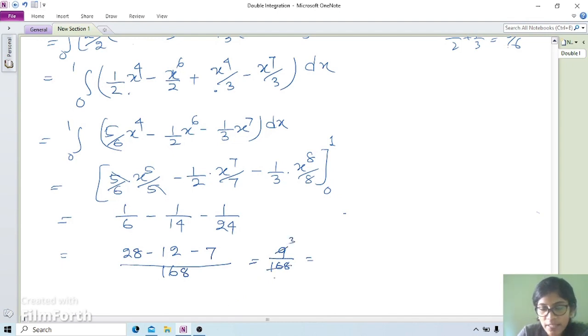Which equals 3 by 55, 15, 1, 18, which equals 3 by 56, which is